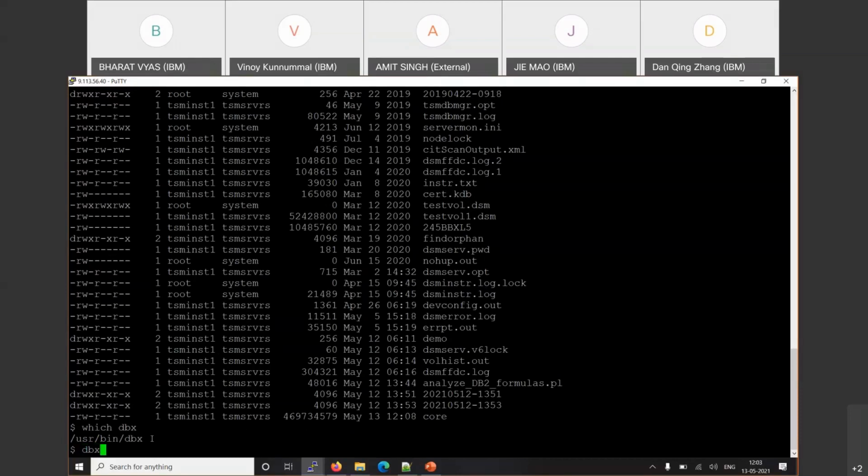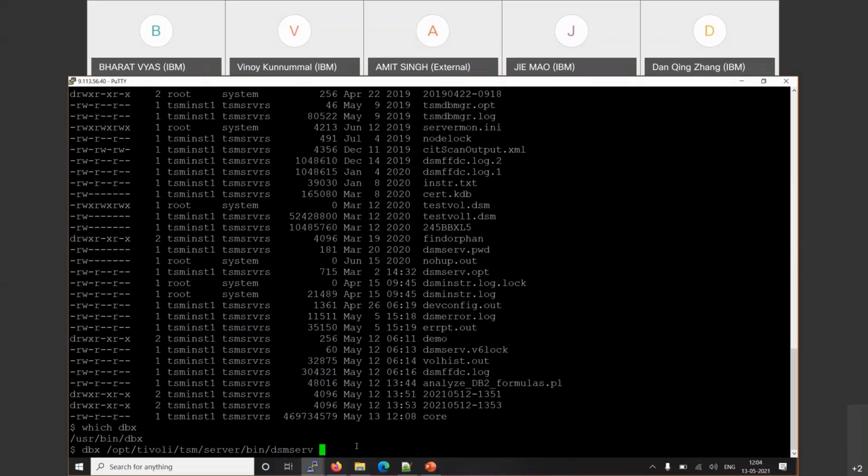So let me run the dbx utility. The syntax is dbx, path of my DSM server executable. So opt tivoli tsm server bin dsmserv. This is my DSM server executable and this is the path of my executable.